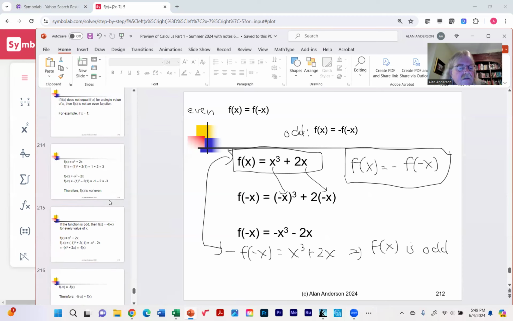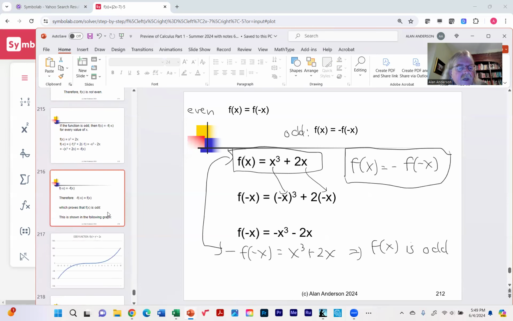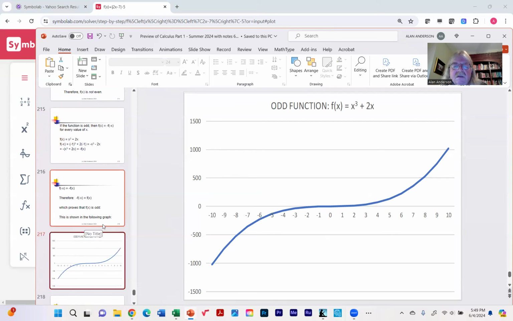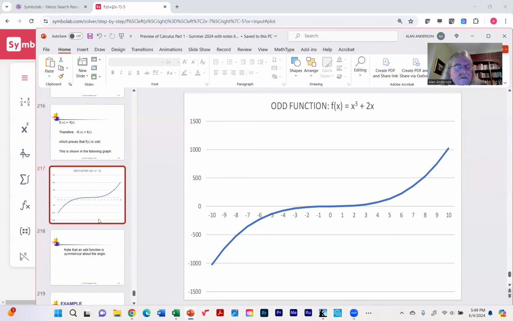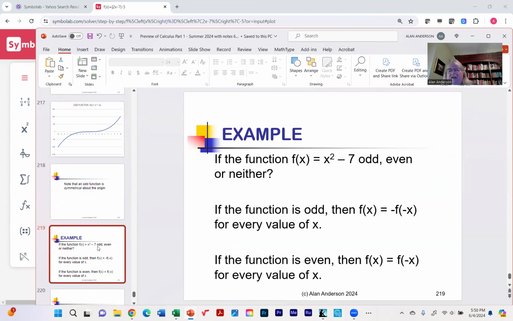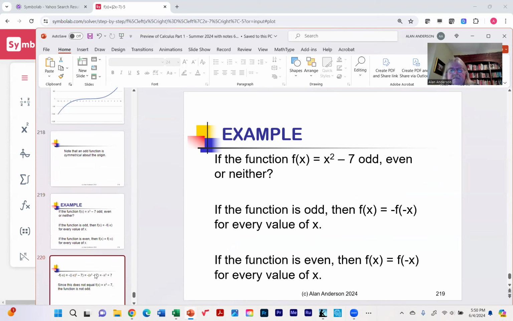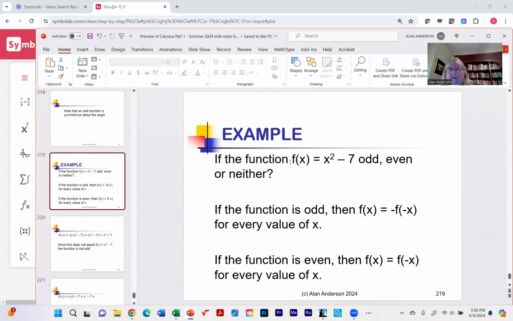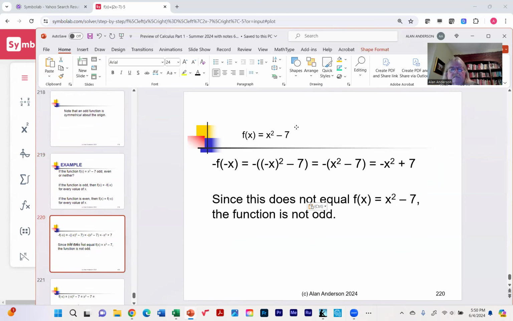Let's try. By the way, this is what it looks like. How about this one? x squared minus 7. So already we sort of think that it might be even. It's almost certainly not going to be odd. It's highly unlikely that it will be odd. It could be even though. So let's demonstrate this. So the function, let's copy this to the next slide, is here. So what we're going to do is find out if